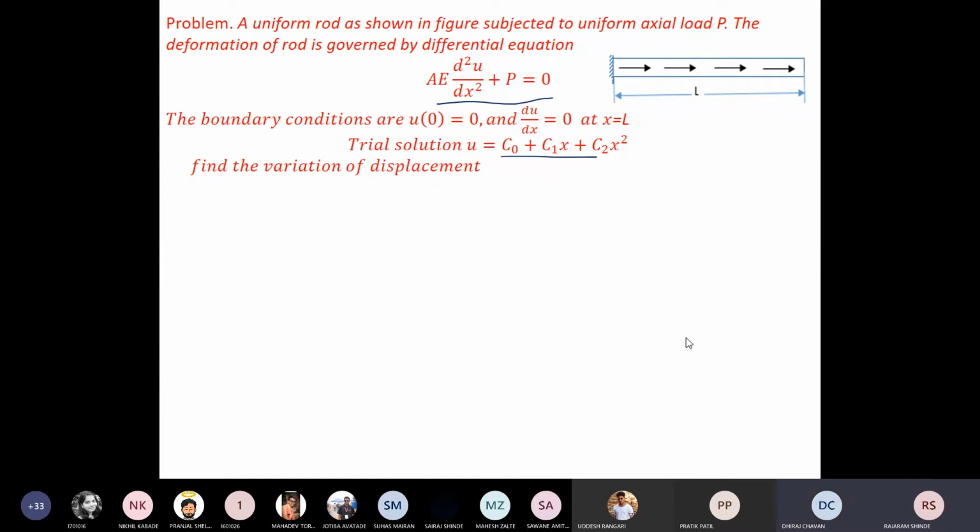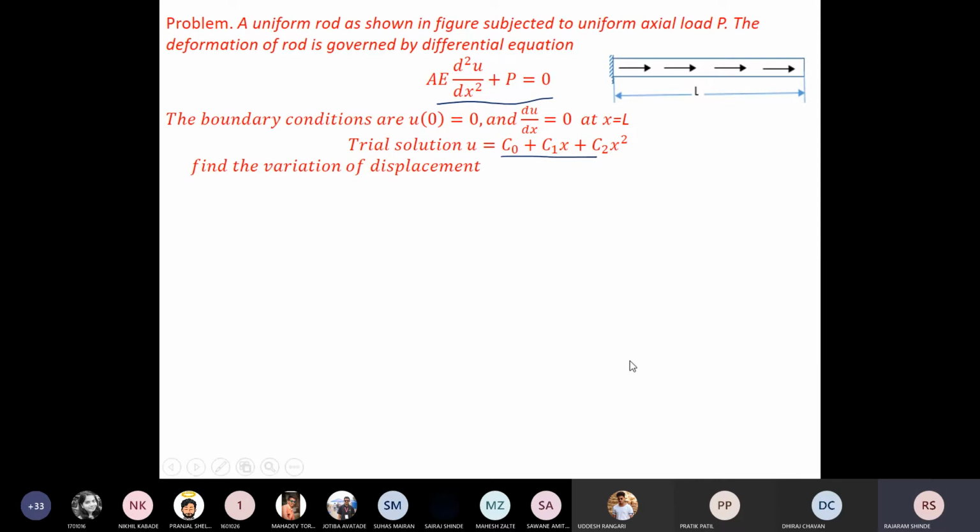Here this is not part of the problem. I just explained a concept, that is strength. In strength of materials you have said force equals stress into area. Now stress I have replaced by strain into modulus of elasticity, and strain I have written in terms of the change in displacement with respect to distance. Okay, that is the governing differential equation. Already all the things are given in this problem, we just have to solve it.